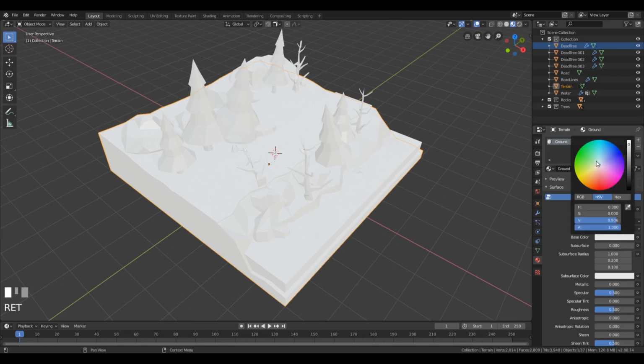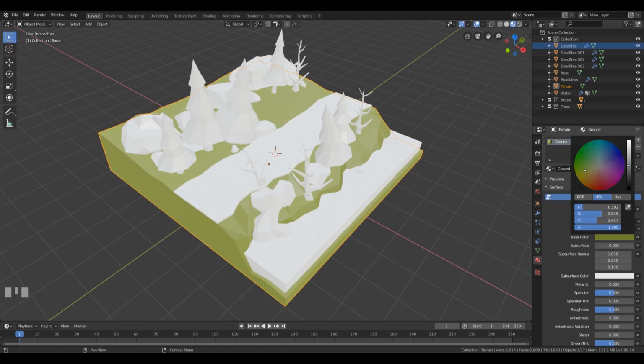And let's choose some nice green color here. You can go like this nice green and yellow color, and then modify the lightness here, or the value of the color. So let's go somewhere like here,